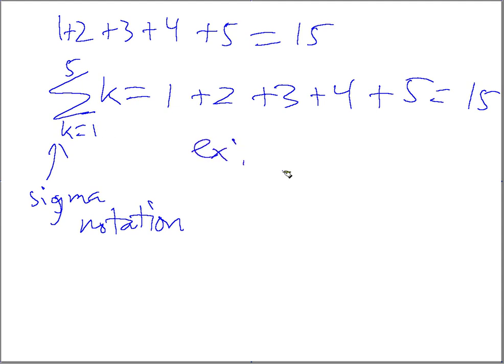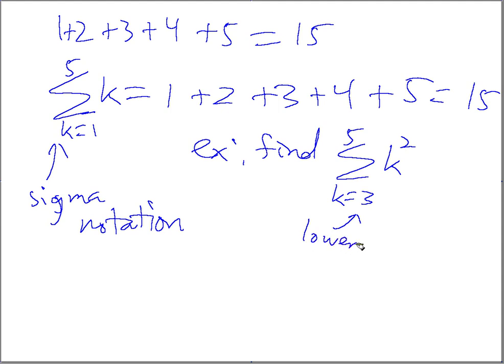So, for example, let's go ahead and find this sum. Some sigma notation. Let's say k going from 3 to 5 of k squared. Let's go and find that one. Well, to figure out what this sum is, again, this is adding numbers together, we have to first plug in the numbers for k from 3 to 5. So this 3 is the lower limit of the sigma notation. All right. This 5 is the upper limit